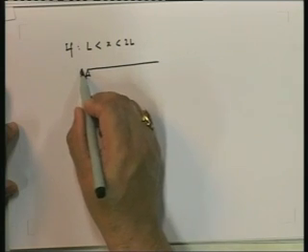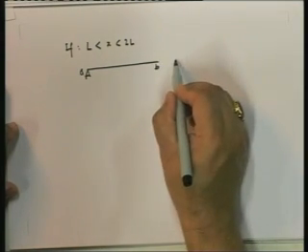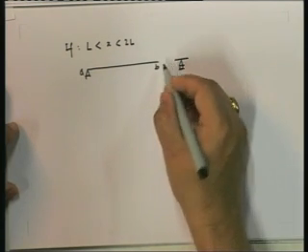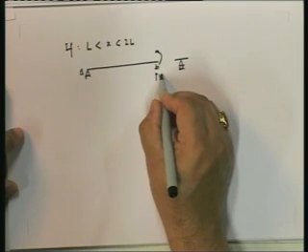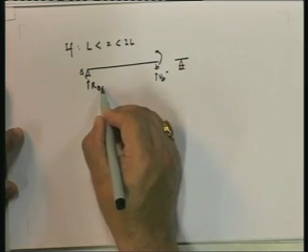As far as A and B are concerned, this remains as MBA, this is VB minus, this is RA,